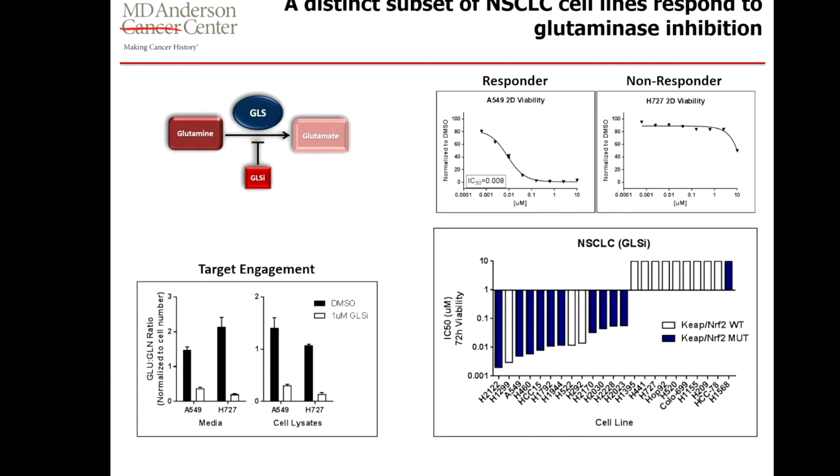The reason why we were excited about glutaminase as a target for inhibition comes from some studies we did that showed a differential effect on cell growth between different cancer cell lines when treated with a glutaminase inhibitor. We get excited by targets like this, where it matters what your specific tumor type is, whether or not you have activity with an inhibitor, because we hope to figure out why you've got that differential activity, and does that translate to a different patient population that would respond to a drug versus one